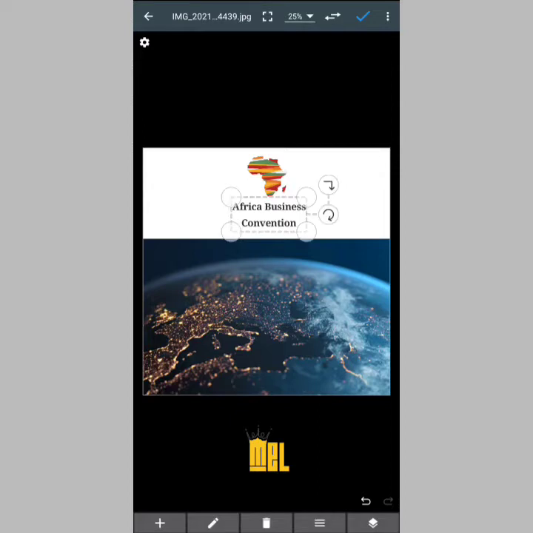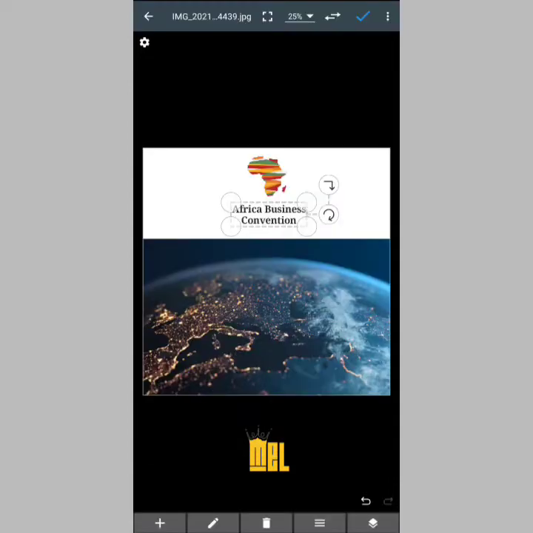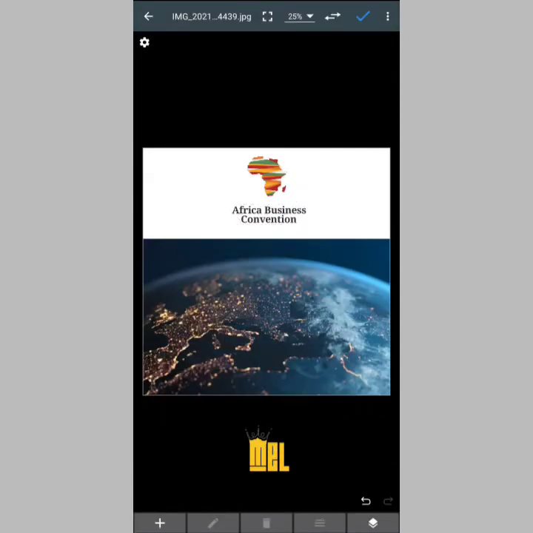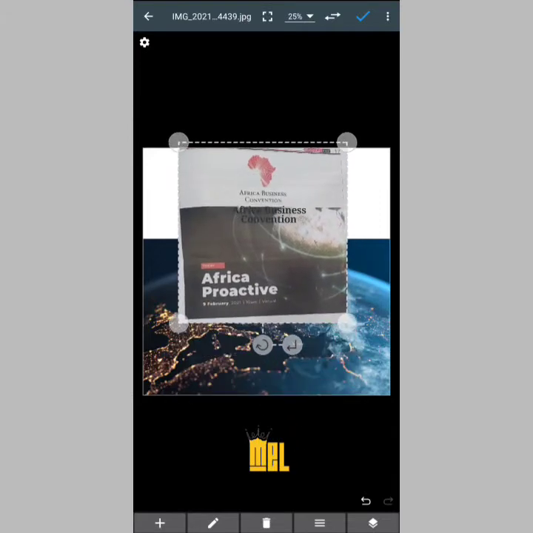So the next thing I want to do is make sure that the line spacing between those texts is properly fixed. So I'm going to go to edit, properties, and look at line spacing. I'm first just going to reduce this. Let's say 97 is okay. So I have something like this, and I would try to also reduce it again. I'm going to 80. It is okay for me. Okay, so I have Africa Business Convention, and the next thing I want to do is create